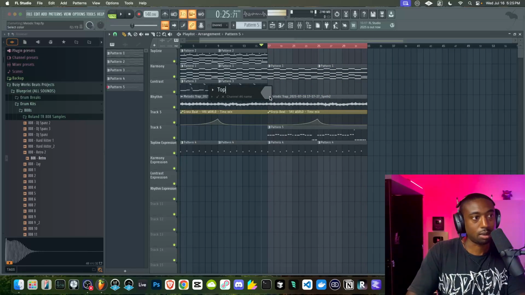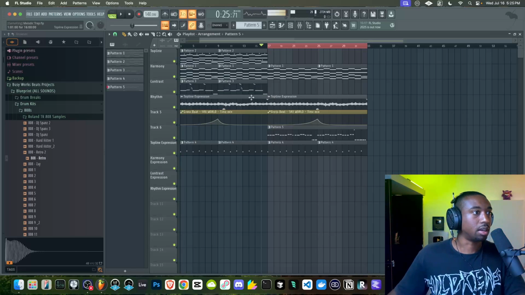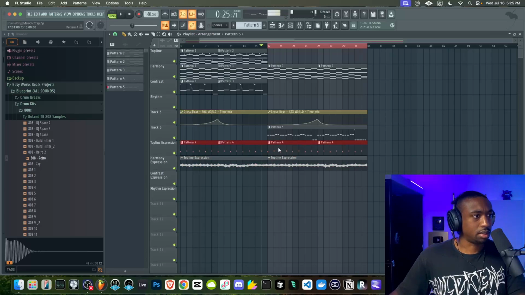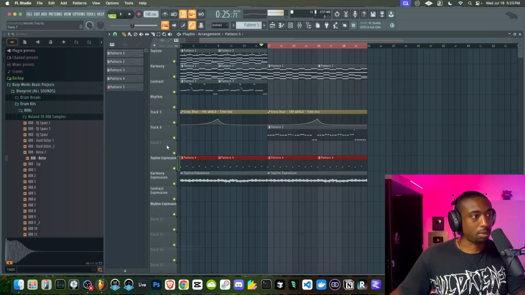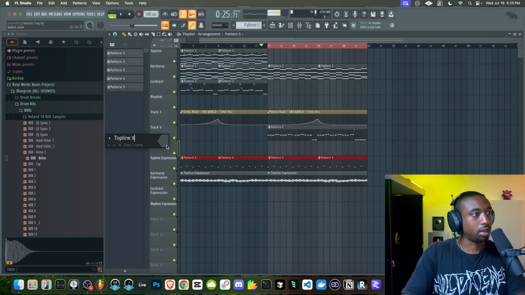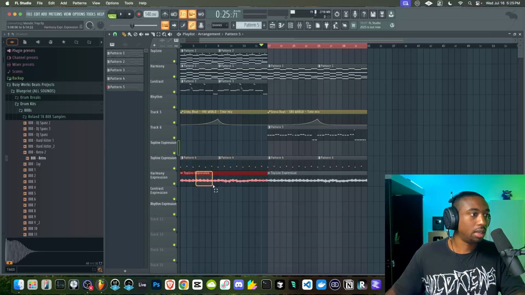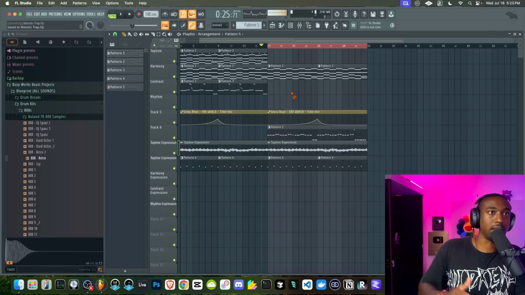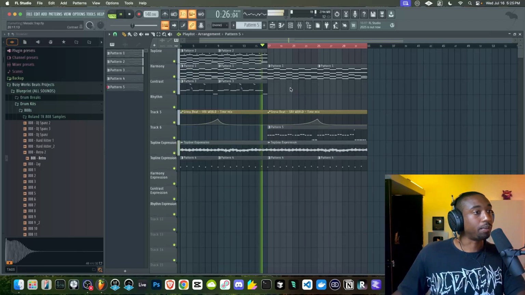Remember, guys, this is the top line expression layer. So this is kind of holding the weight of the top line. And this is an additional top line expression layer. So this is when people ask me about layering. Once it comes down to the 4 components, and this is why I teach you 4 components, because now you guys know what your song is actually missing.